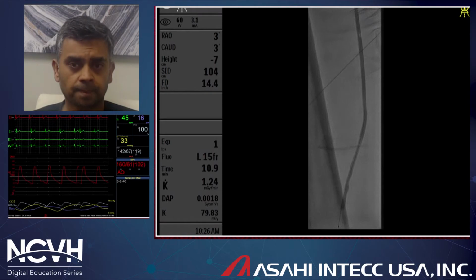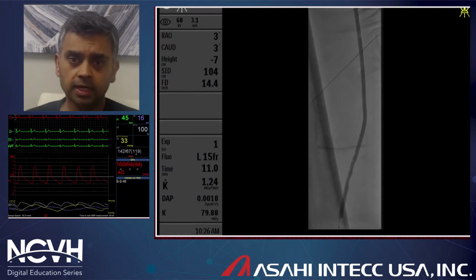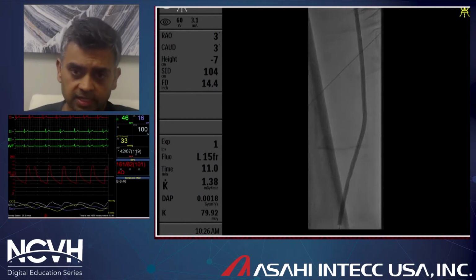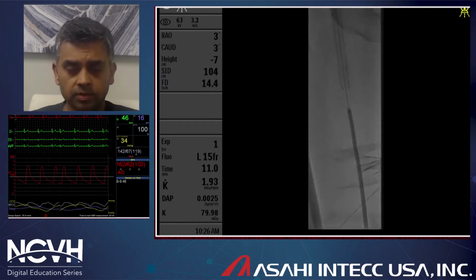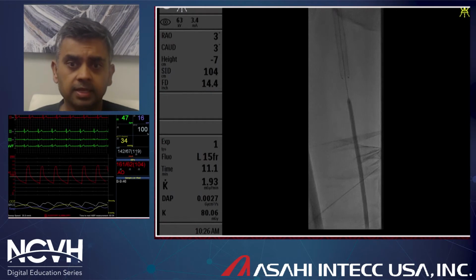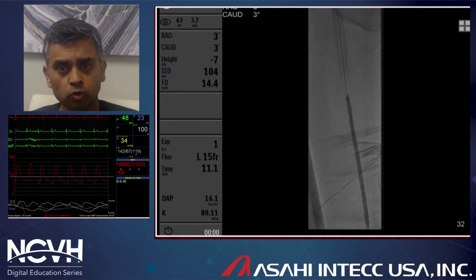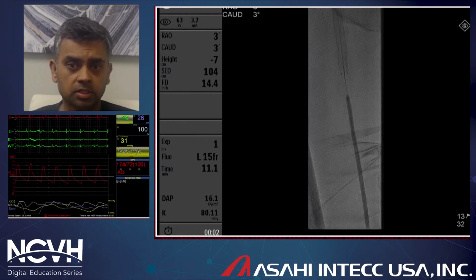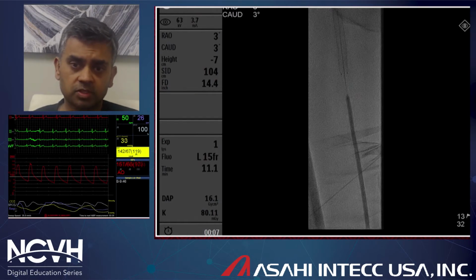Now, this is absolutely not the right size of the SFA. I always use an intravascular ultrasound for the right sizing of the SFA. And in this particular case, I've used a 4.0 balloon, but I shall be going with an intravascular ultrasound catheter after this. We use a Philips intravascular ultrasound catheter most of the times in our lab.